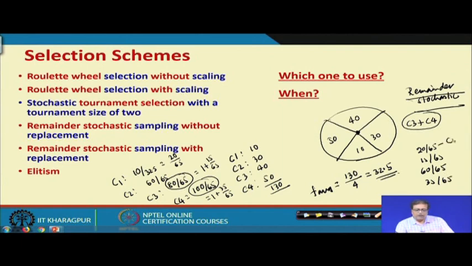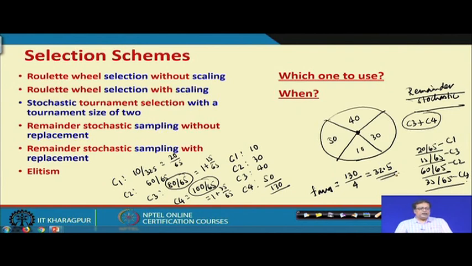So, this was C1, this one is C3, this is C2 and this is C4. In that ratio I create the roulette wheel, and I have already got one C3 and one C4, and then through the roulette wheel maybe I take 2 more strings. So, I get 4 strings for selection purposes. Is it all right? Although we may not like to take 4 strings, we may take only 2 strings.